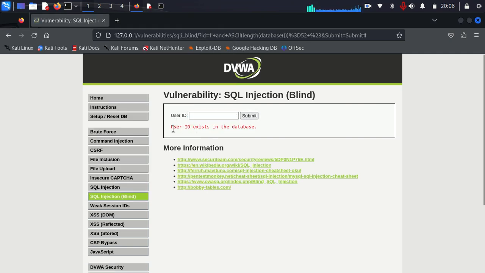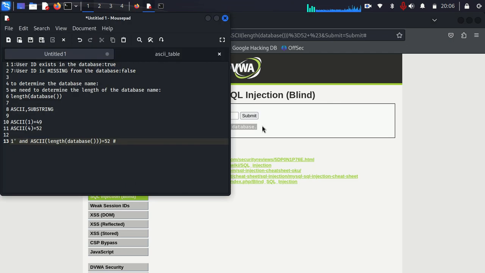Here you can see user ID exists in the database. Now it returns true. So from here we have determined that